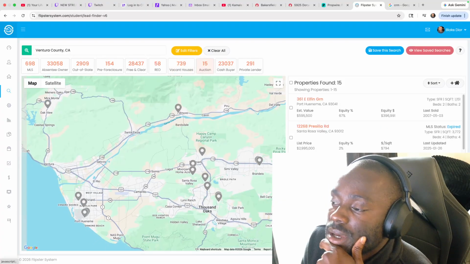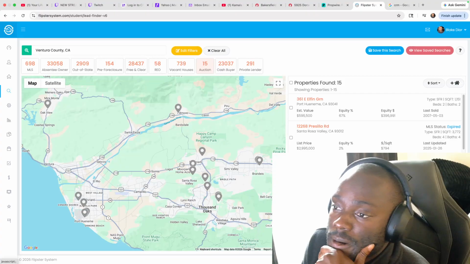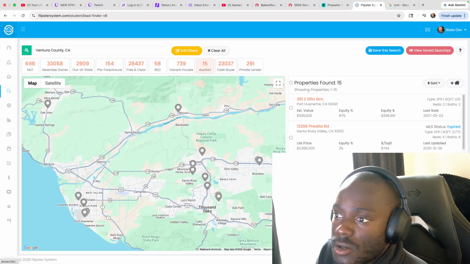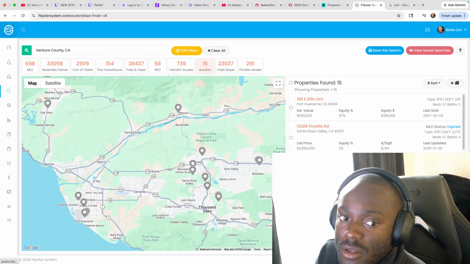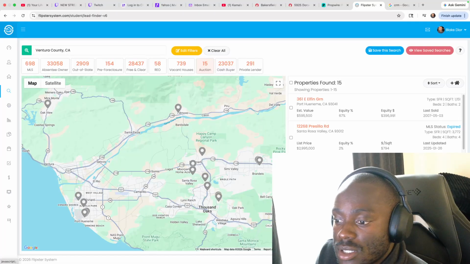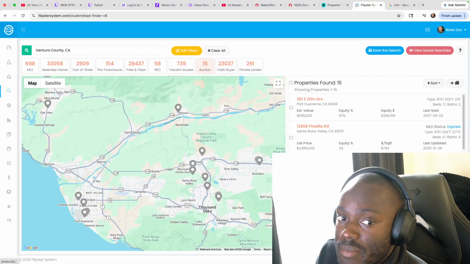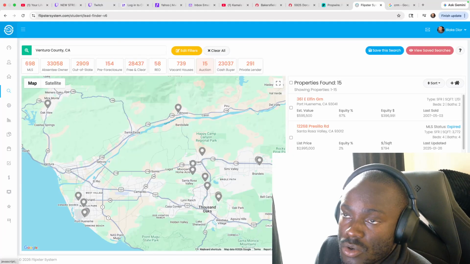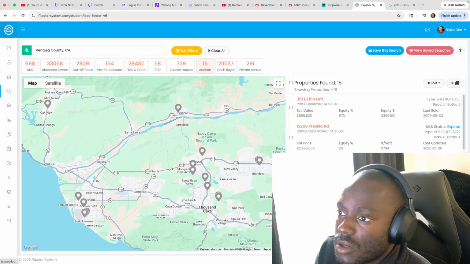You got homes that the bank took, and now they're looking for cash buyers to liquidate the home, right? They want to get that money back for the home they must have foreclosed on someone for, so the bank can recover their loss from the person who previously had the home but couldn't pay for it anymore.